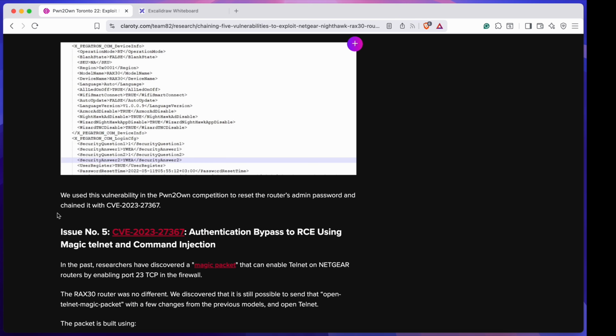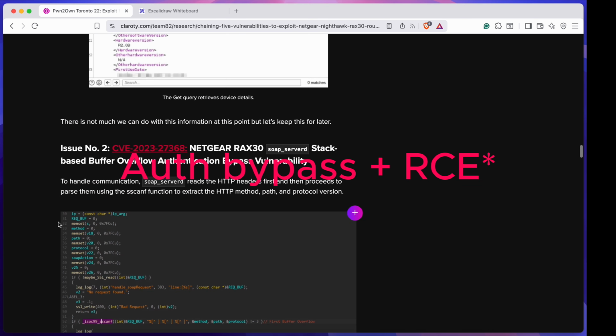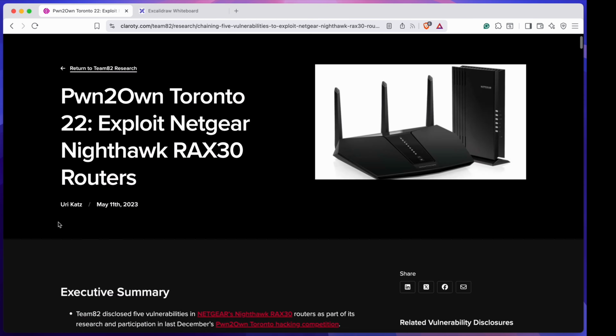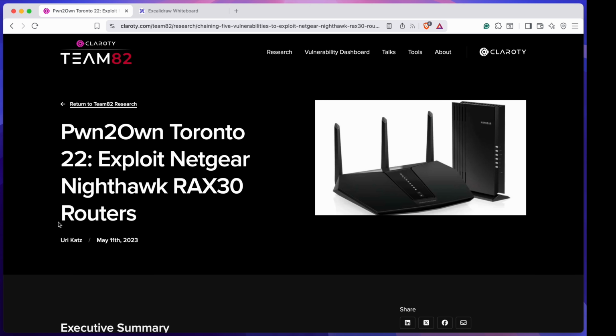Anyway, the report was really interesting. As I said before, it's always interesting to see RCEs from buffer overflow attacks. Remote code execution is itself a critical issue. I guess the pre-auth condition here will degrade the severity, but still, this is a great find. All thanks to the Team 82 researchers who found this vulnerability and detailed this report.